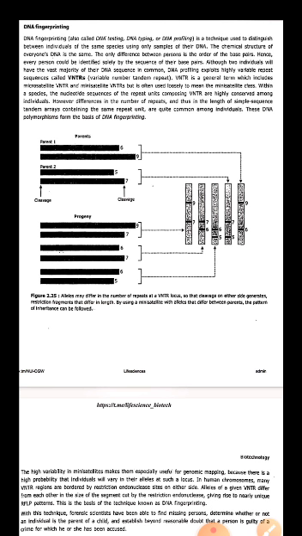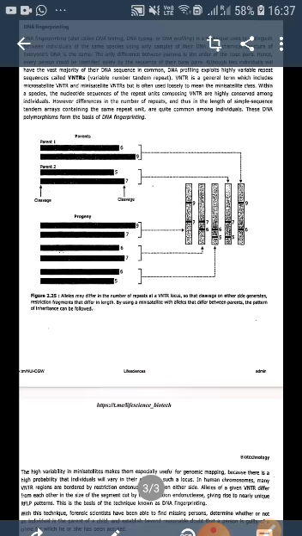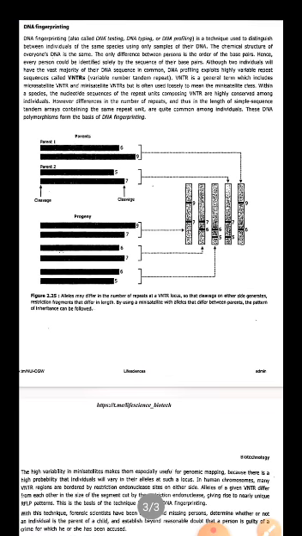So there are various VNTR, that is variable number of tandem repeats. These are highly variable repeat sequences present in a DNA sequence, which include microsatellite VNTR and minisatellite VNTR. And within a species, the nucleotide sequences of a repeat unit composing VNTR are highly conserved among individuals. Conserved means it's specific. Every individual has its specific conserved VNTR.